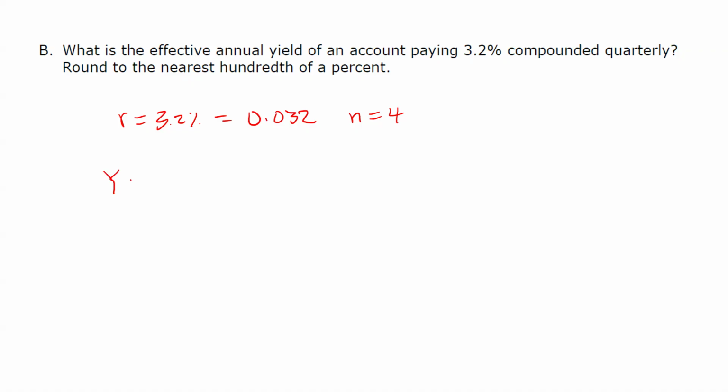Our formula for the effective annual yield is (1 plus r divided by n) raised to the power n, minus 1. So 1 plus 0.032, because that's r, divided by 4, raised to the power 4, minus 1, is approximately